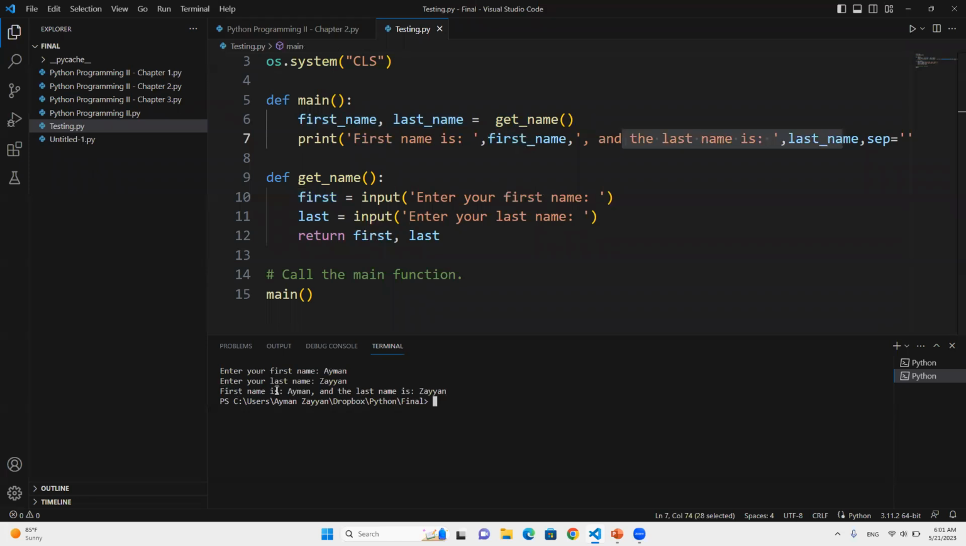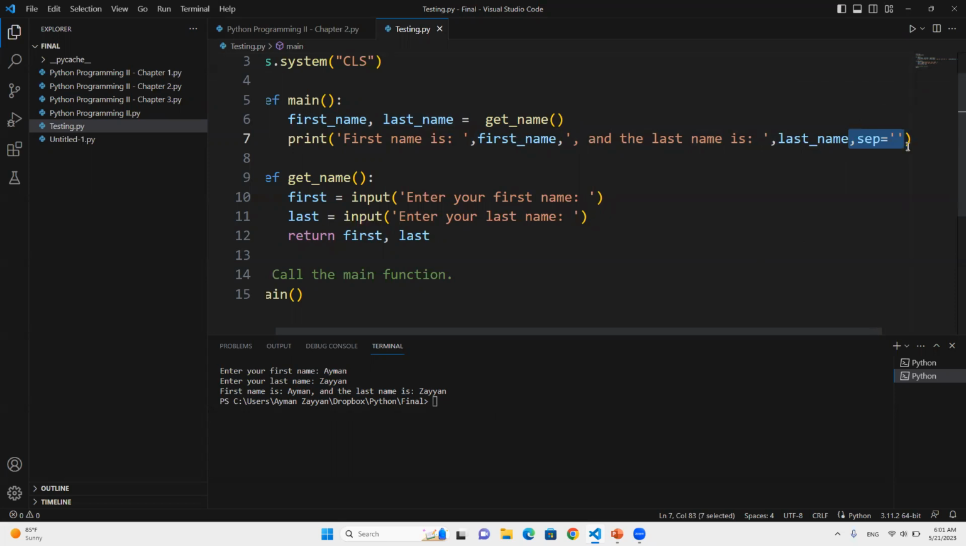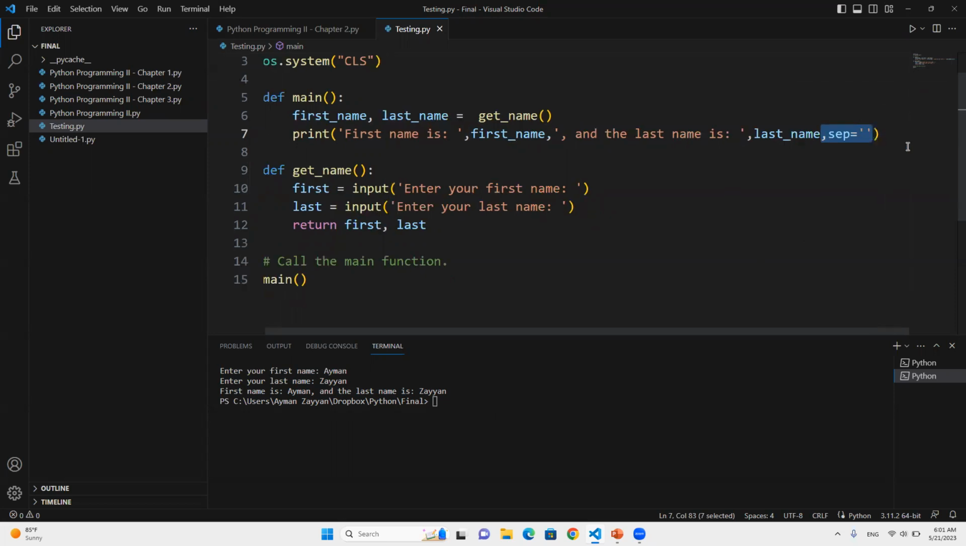So I will get first name is my first name, followed by last name is my last name. What is the importance of comma, sep equal, single quotation? If you remove this part, save your work. Remember,